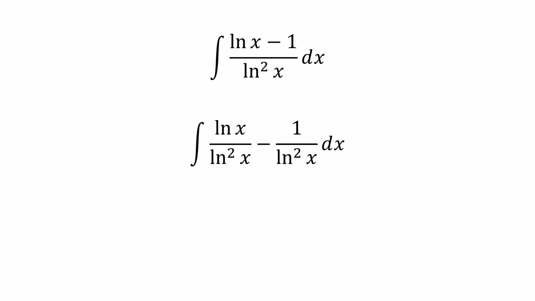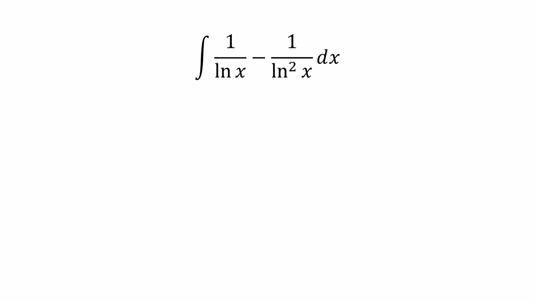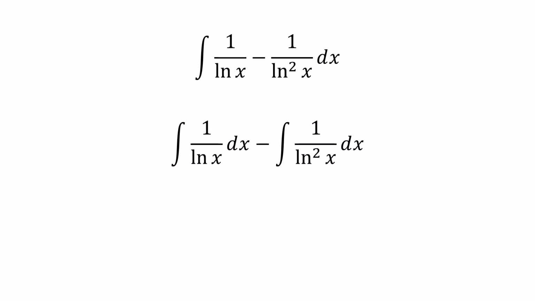Simplifying then gives the integral of 1 over ln of x minus 1 over ln squared of x dx. Using the sum rule, we obtain the integral of 1 over ln of x dx minus the integral of 1 over ln squared of x dx,